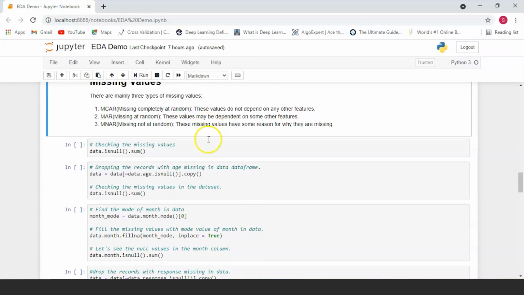Now let's see how many missing values we have in our data set. So what we're going to do is we're going to be using the isNull function on our data. And the isNull function has two outcomes. Either it returns a 0 value, which means that the value is not missing, or it returns a 1 value, which means that the value is missing. Now isNull will be applied to different columns in our data set.